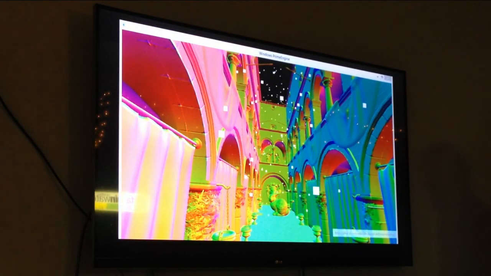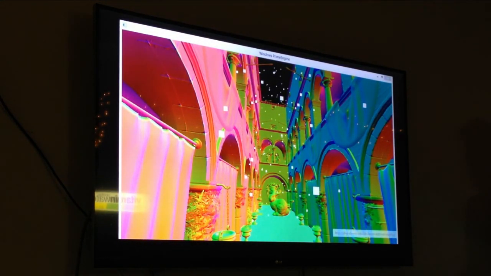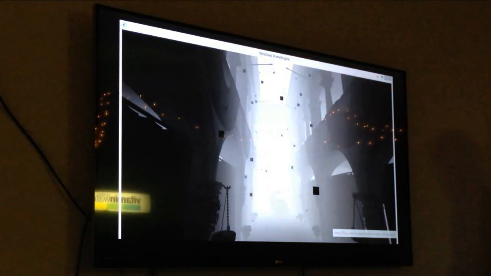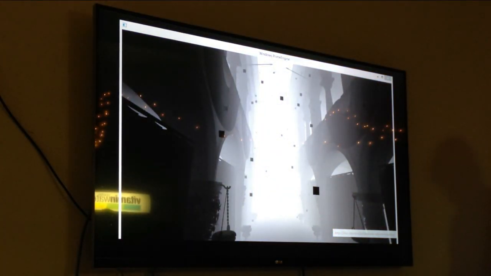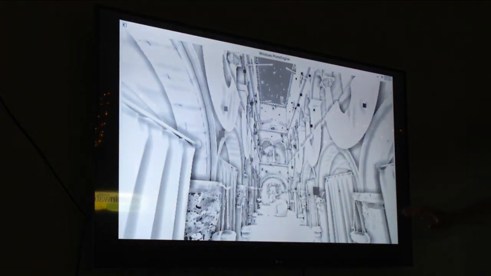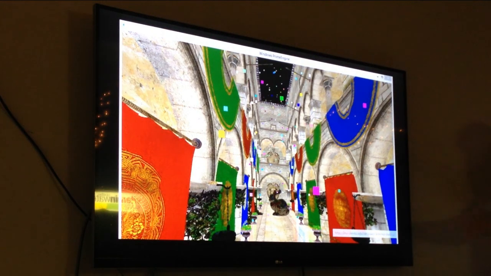Here's what the normals of a scene look like, for example. The X, Y and Z channels of the normal are being rendered to the RGB channels. Here's what the depth buffer will look like. Here's what the ambient occlusion will look like for such a scene. Here's the ambient lighting, just constant white lighting everywhere with texture. And here's ambient